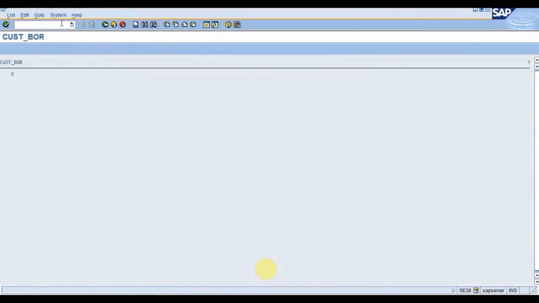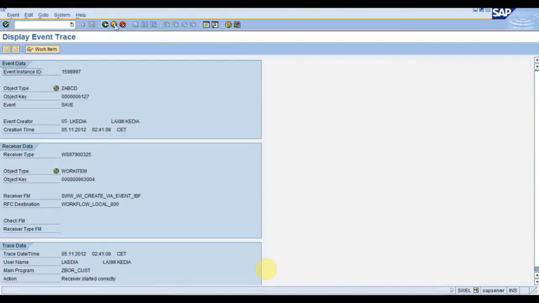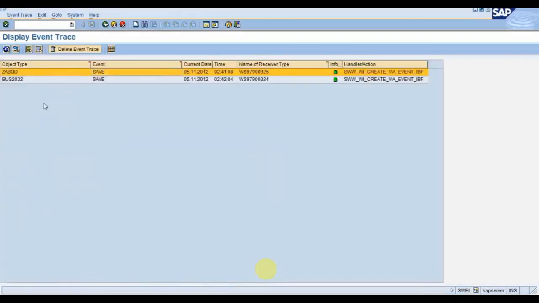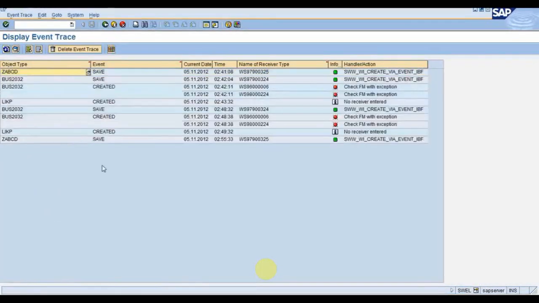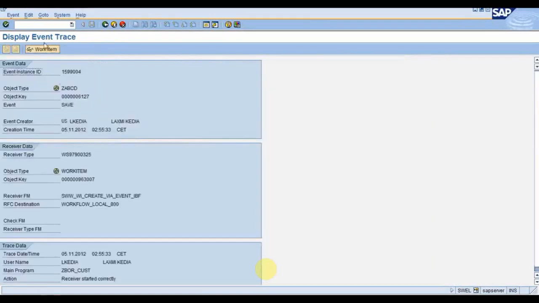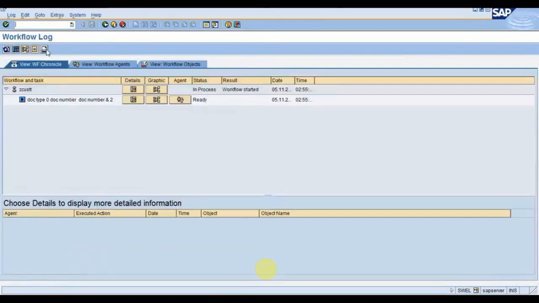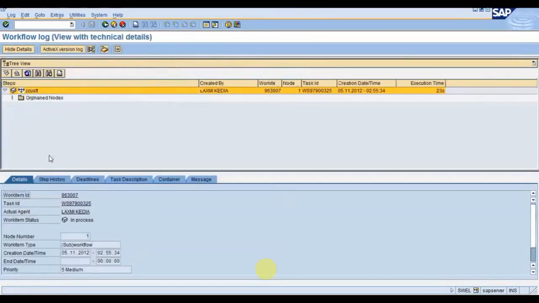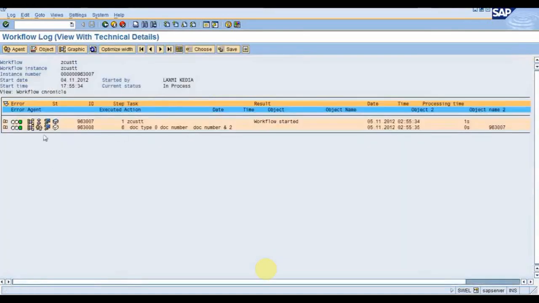Now you can see the return code is 0. First I will see the trace. In the last line you can see ZABCD save, and this particular workflow has got triggered. Double click on it and go to the work item. Click on this table, okay, and Control P. Now you can see in this container element,